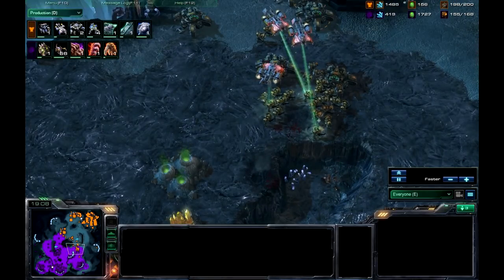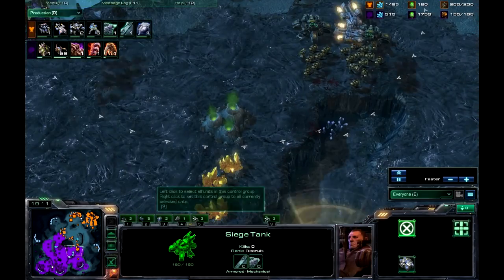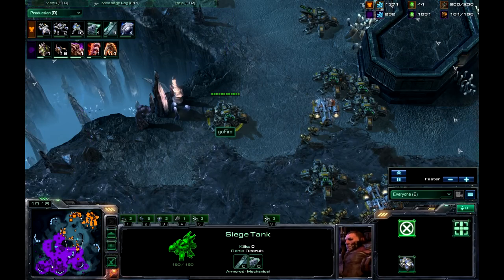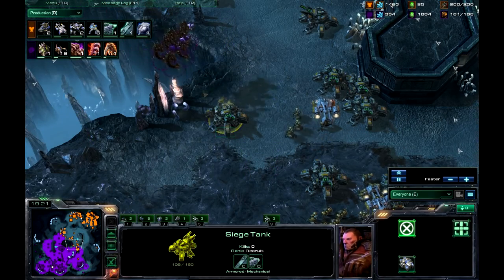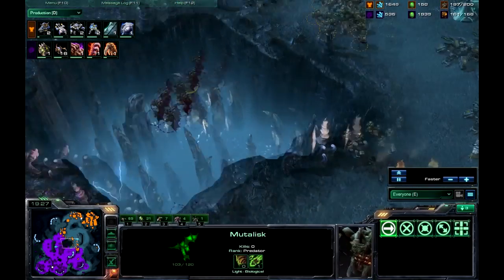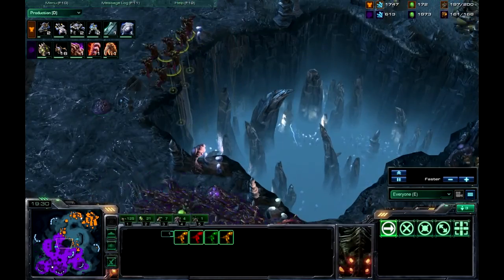I didn't even see. Did he kill his own? I believe the Thor just went down to the siege tank. Such a key misstep, as that Thor is so important against the mutas. Oh, man. Yes, and Vulcan's going to take that opportunity to do as much muta harass as he can, taking